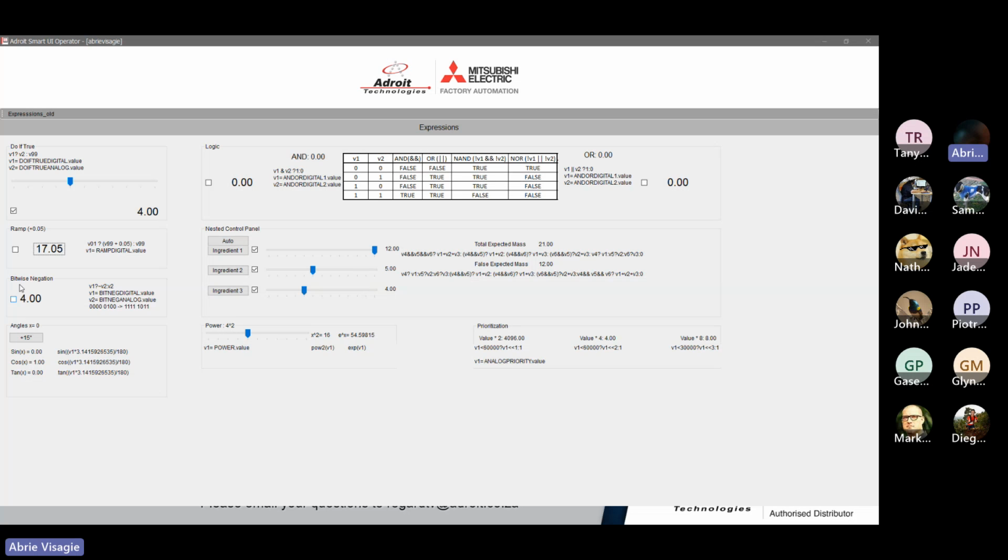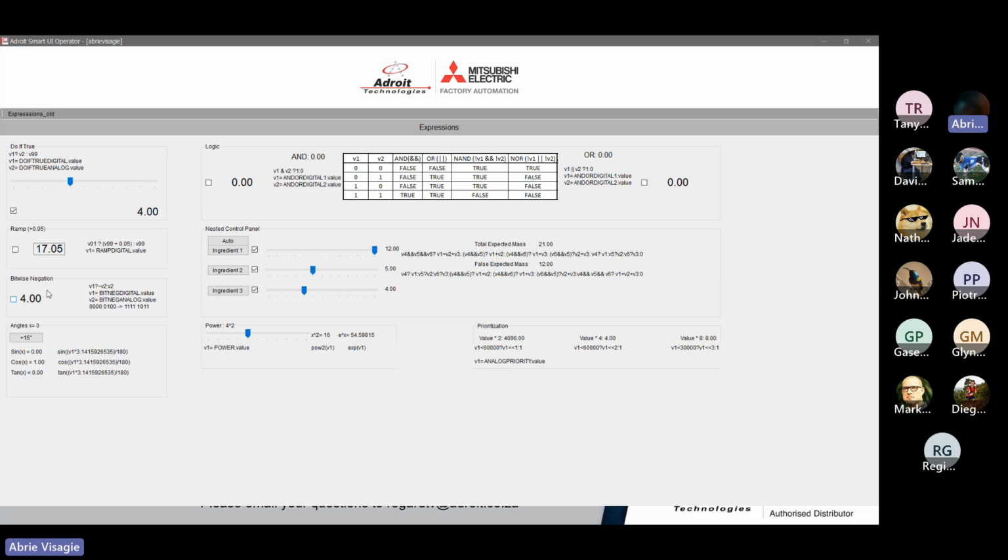Next, bitwise negation, also known as bitwise complement. This is an operand that flips the state of each bit in a binary number. So we can see that zeros and ones become ones and zeros. We have our most significant bit indicating that we have a sign change. So in this case, where we have a binary number of 4,